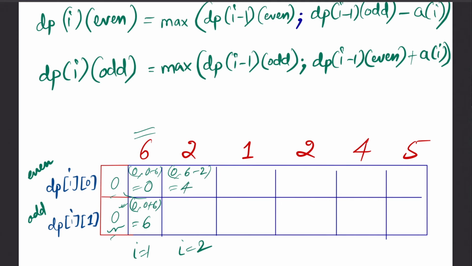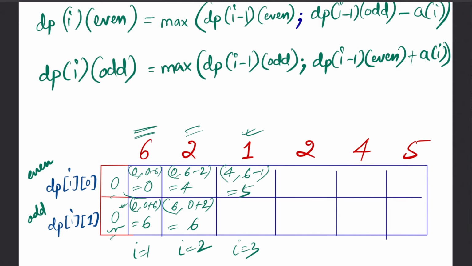Similarly, for odd length, what I can do, I can take the previous best, or what do I have? I take the even length previously and I add it to here. So that means the odd length 6 was the best till now, because we can still use 6 rather than using 2 as an odd length. Let's move ahead. Either take the previous best which is again 4, or what do I have? I take the odd length previously and I subtract 1 from that, which is my current value 1. So what is the best answer here? 5 is the best answer here. 6 minus 1 gives us 5.